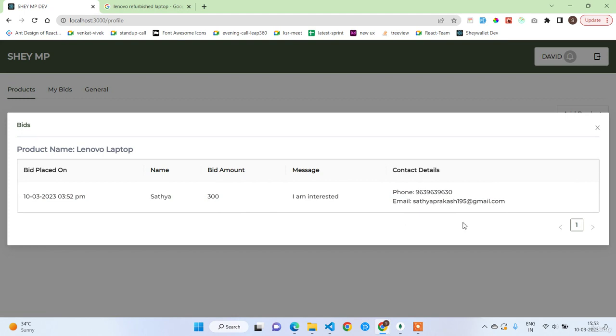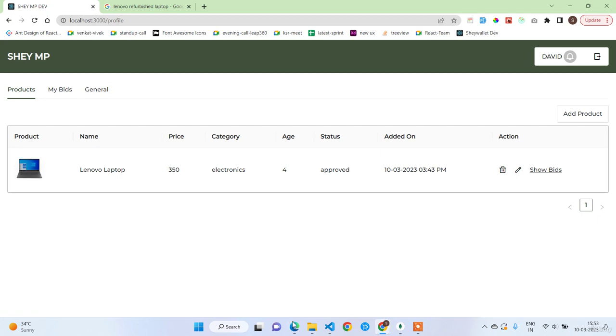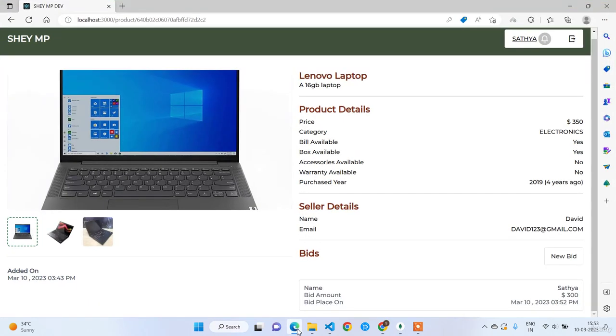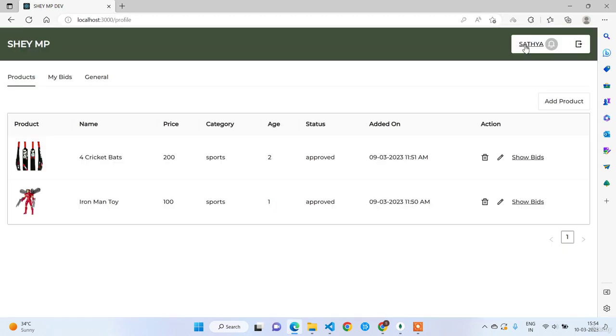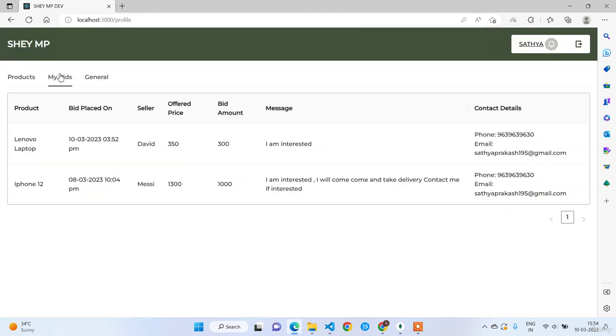Okay, so if I am okay with this amount, I can contact these details directly. If the deal is done, I can delete the product. This is the process. So let me close this out. And now if Satya wants to see what all the bids he has placed, that option we have also given. If I go to the products, my bids, so I have placed a bid for Lenovo laptop just now itself,